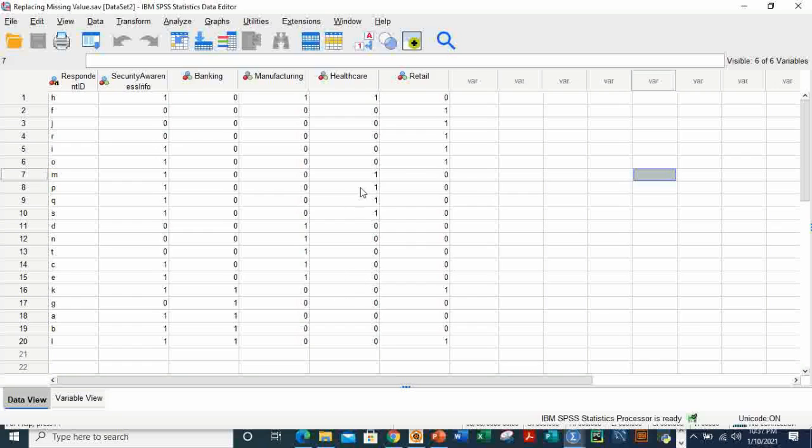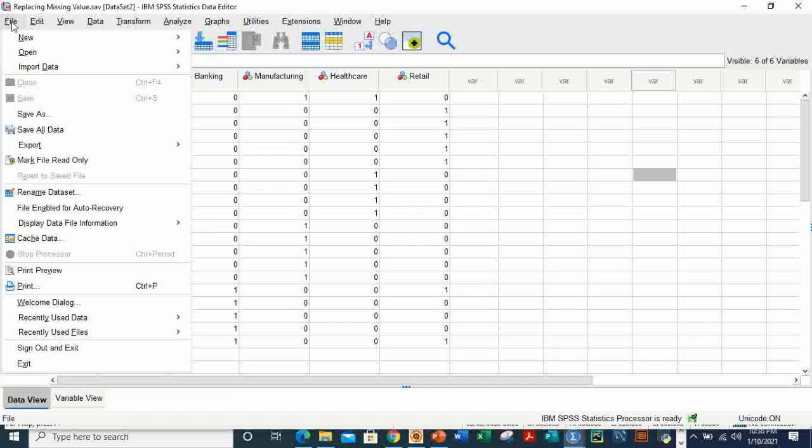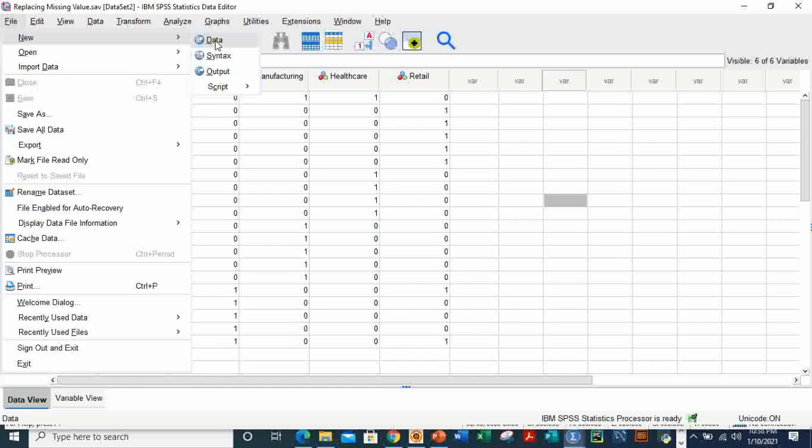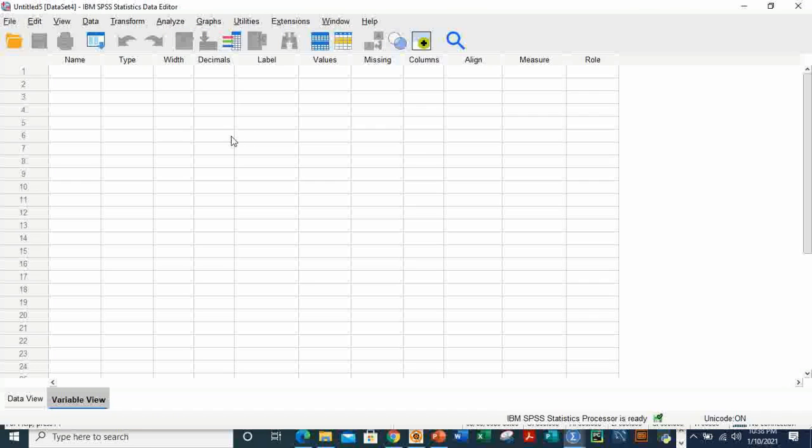Now, this one you see on the screen, I used that method to populate from an Excel spreadsheet. Now I want to enter the data direct into SPSS. So that's what we want to do now. We're not importing from anywhere. This is going to be entering the data direct into SPSS. So you go to File, New Data. So we have a new